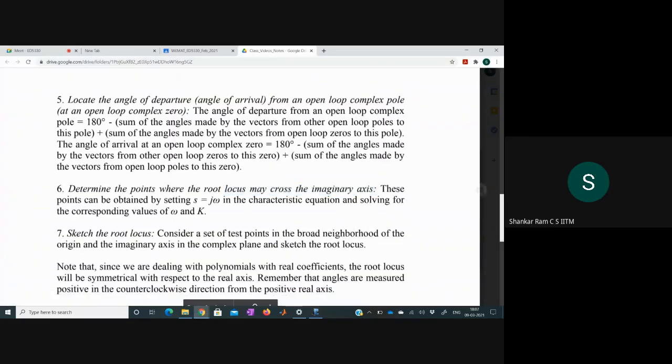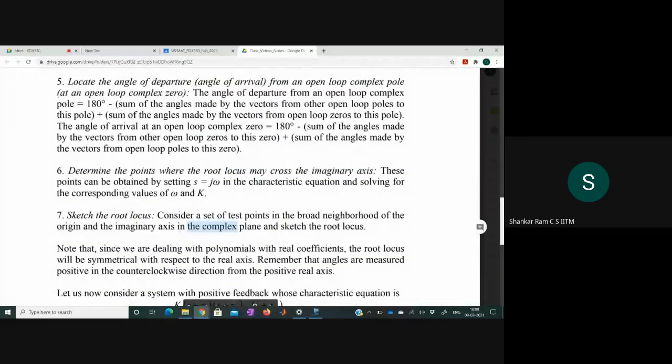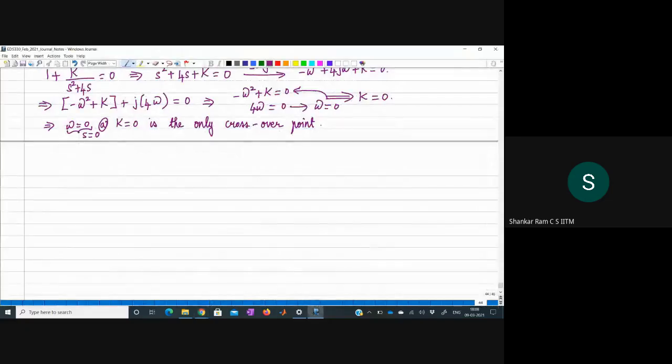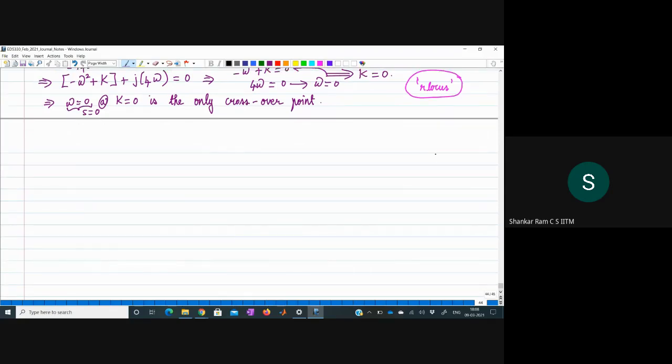Of course, the 7th step is to sketch the root locus, easier said than done, because it says that choose a lot of test points in the broad neighborhood of the origin and imaginary axis, and then sketch the root locus. So nowadays we have computational tools to do that. In fact, in MATLAB there is a command called rlocus, which will essentially plot the root locus for us. But before we had computational tools, people used to calculate in the vicinity and then plot the root locus